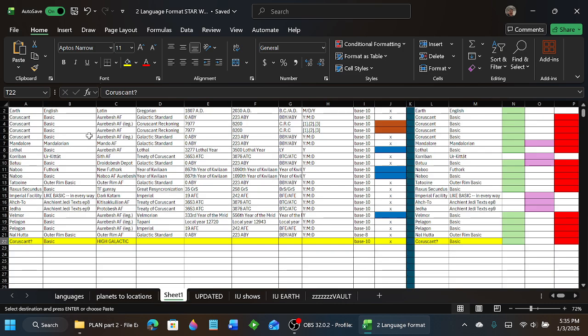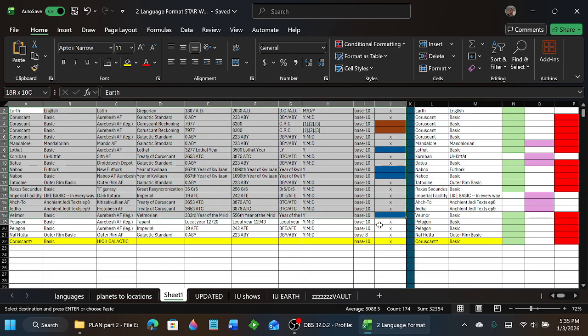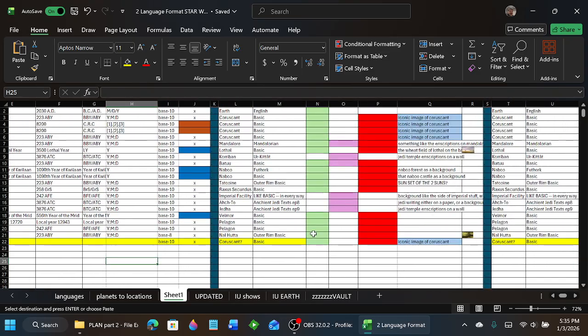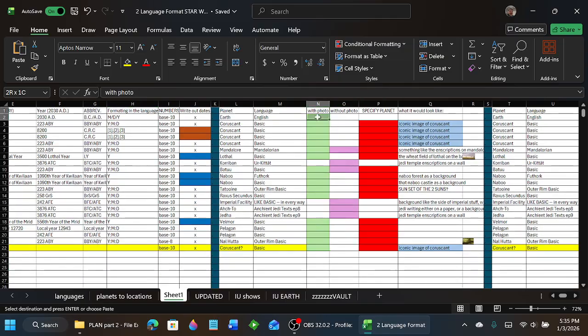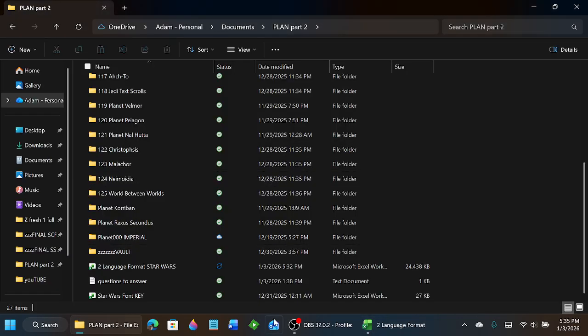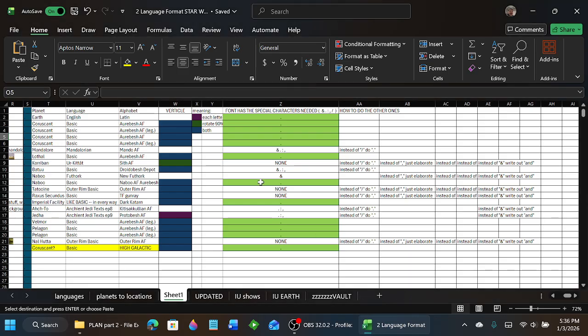Then this next one, sheet 1. This is my old list of things, which you can see from my part 1 video. But then I added this, which is like if things should be with or without a photo, specified, yada yada. I changed the formatting so this whole section doesn't matter, but this one over here does matter. This entire thing right here does matter, because what I'm saying is for planets and languages and alphabets,